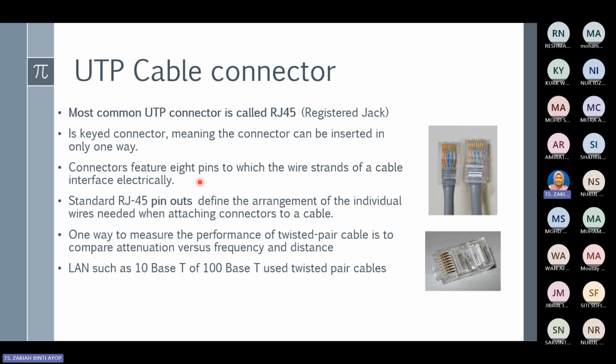So the connectors feature 8 pins to which the wire strands of a cable interface electrically. This contains a copper wire inside of it, and then insulated. But the copper has the capability to transmit an electromagnetic signal. And then the standard RJ45 pinouts define the arrangement of the individual wires needed when attaching the connectors to